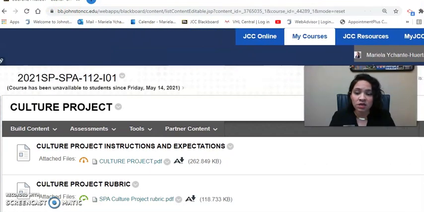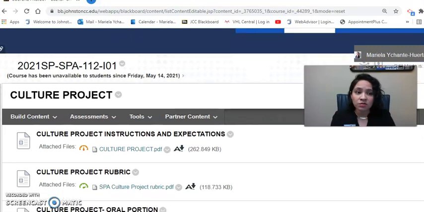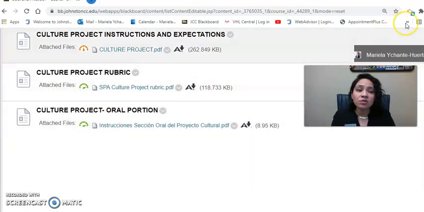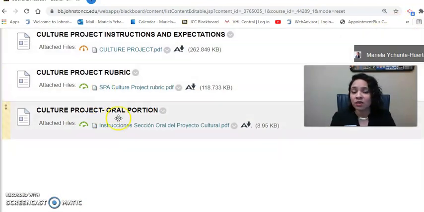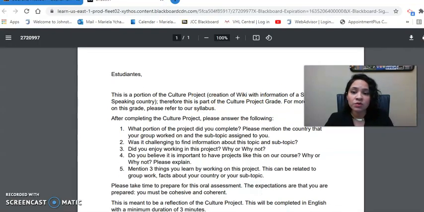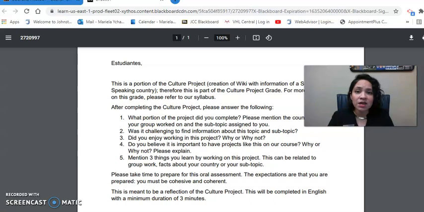You're going to see the instructions and expectations, the rubric, and as well a document where you can find the instructions for the oral portion. You're going to be able to open a PDF